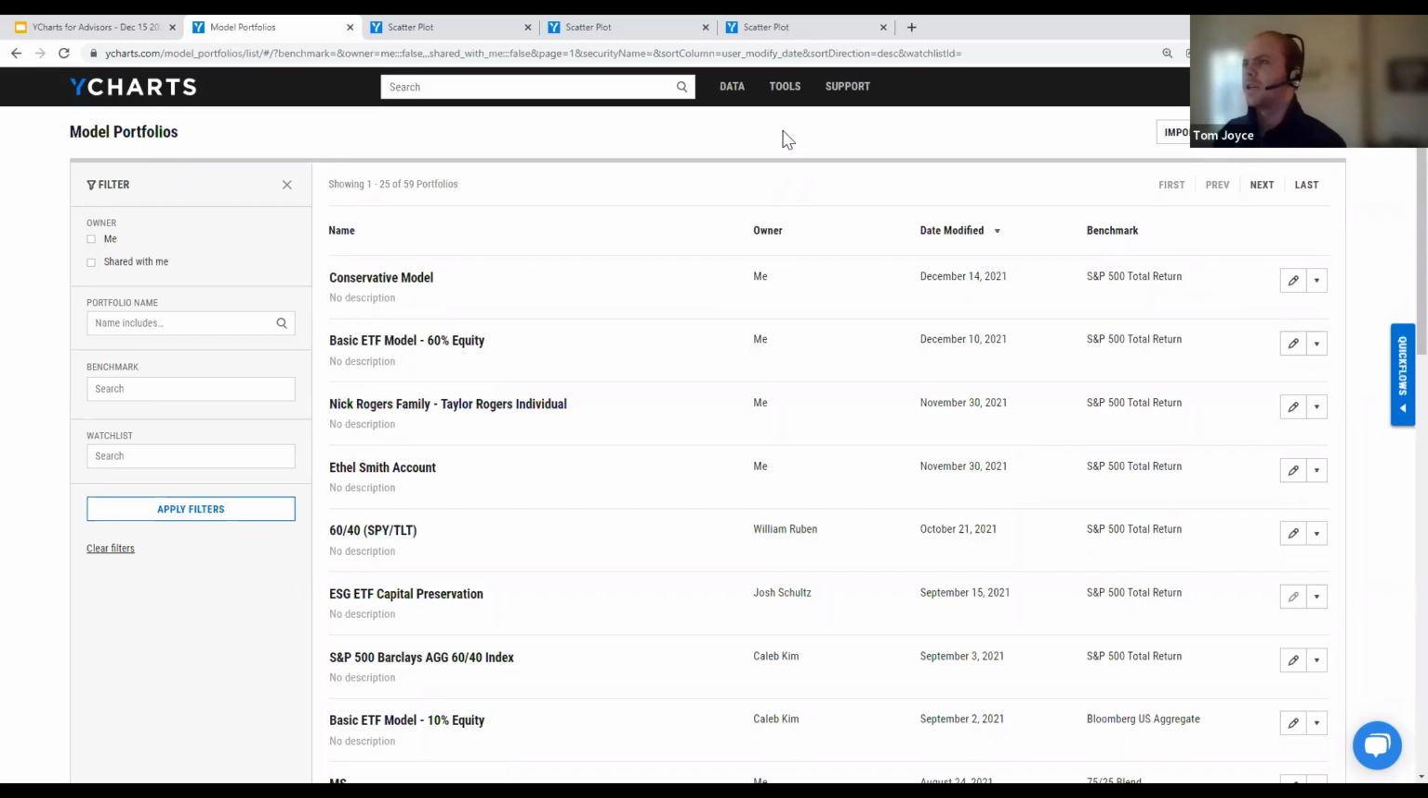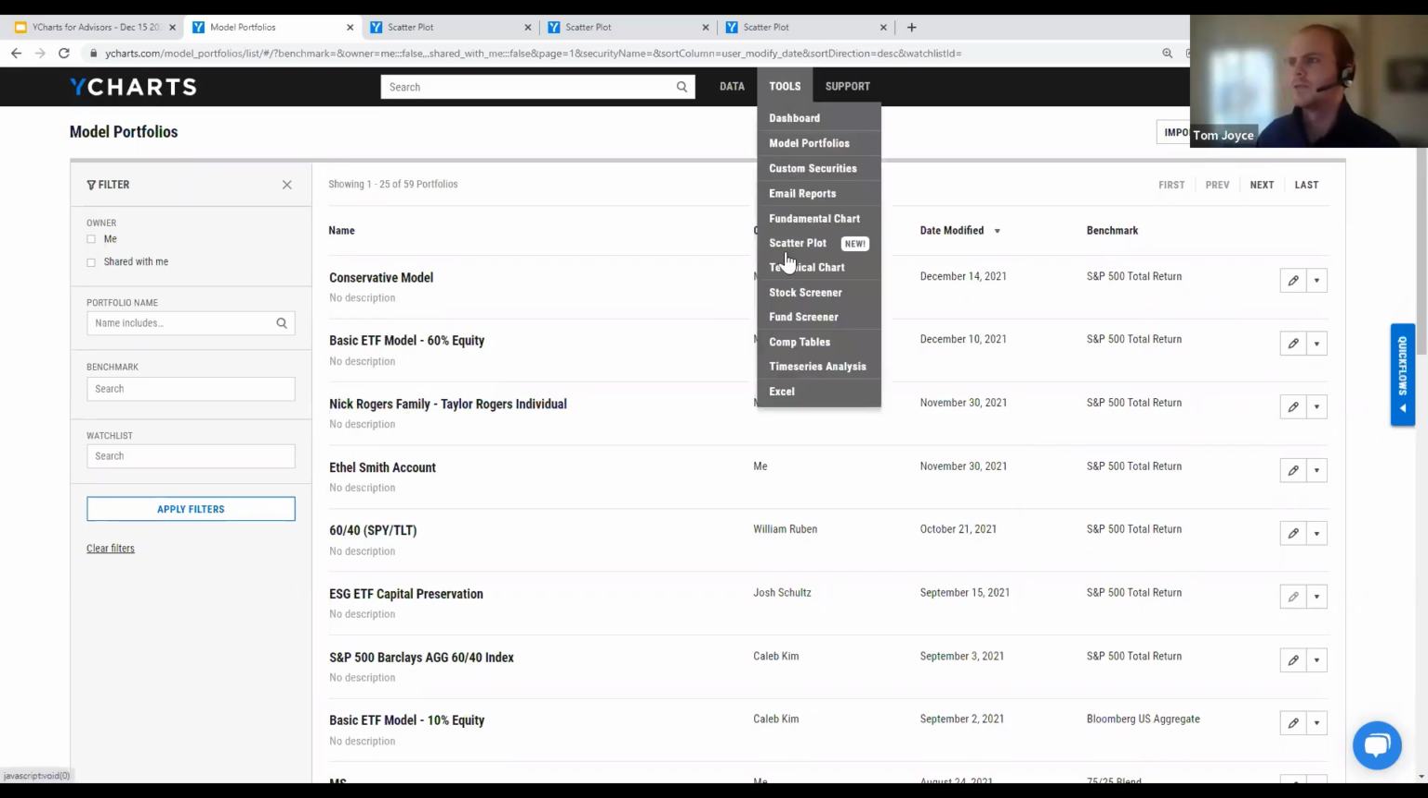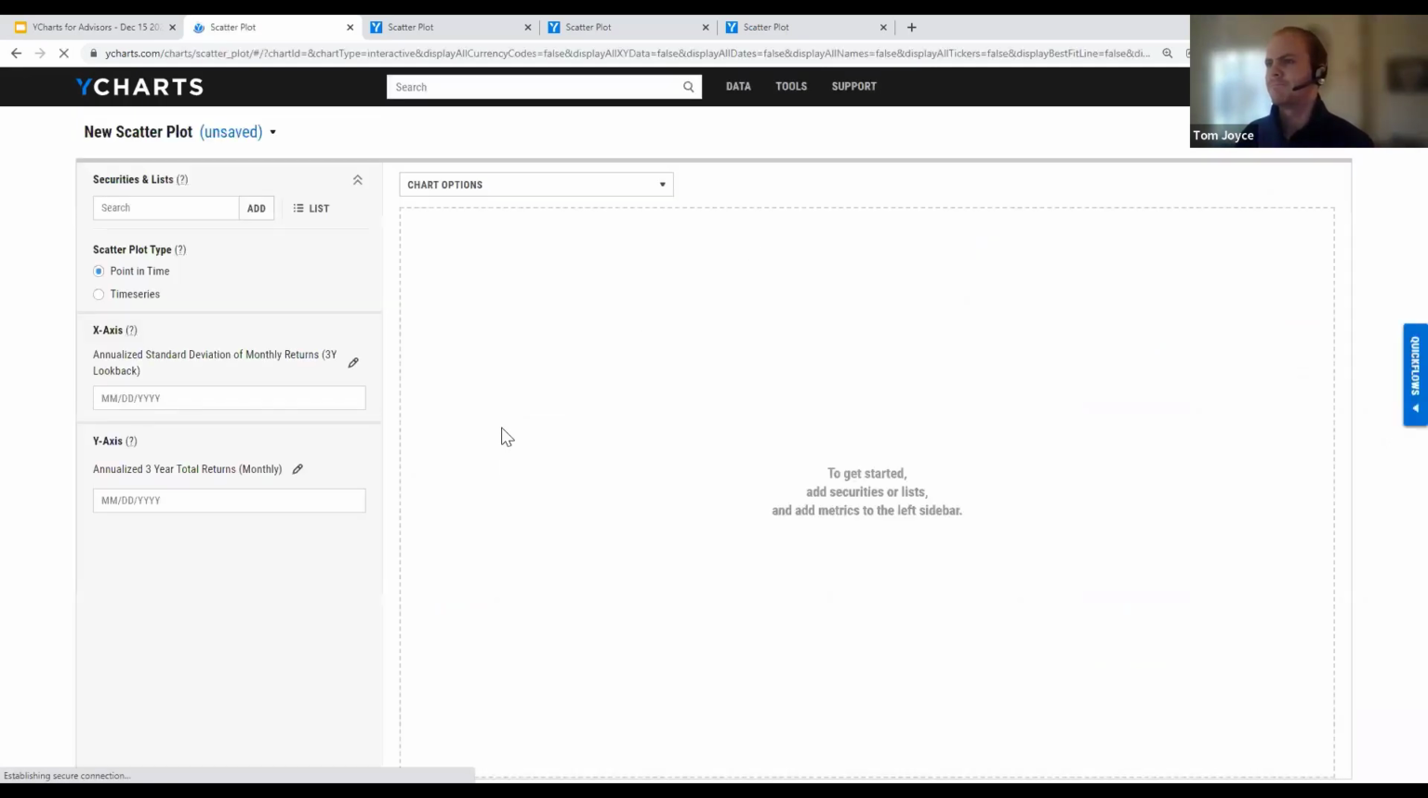Excellent. So from here, we'll go under the tools dropdown into our Scatterplot functionality. So for the most part, this is laid out exactly how I want to see it. I want to use the risk on the x-axis, and I want to use my returns on the y-axis in order to give us that risk reward type of idea. So because I created that watch list, I no longer have to type in each model. I can very simply go ahead and click this list button,